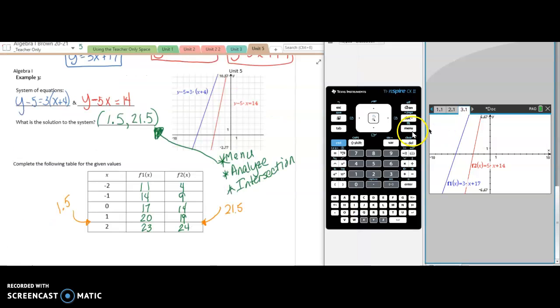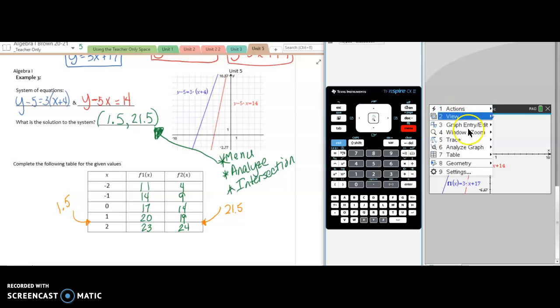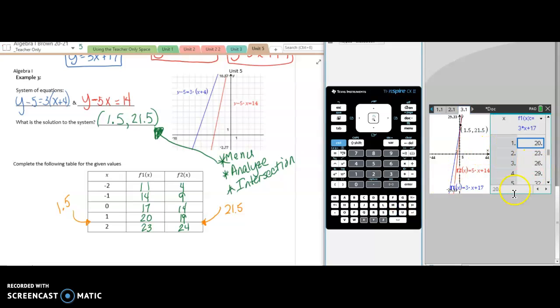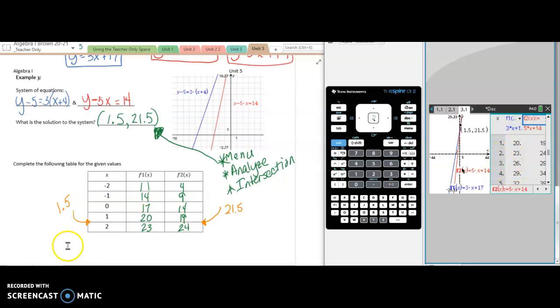Okay, so hopefully on your calculator you did menu, analyze graph, intersection, click, drag until it says intersection and clicked again, where you got 1.5 and 21.5. So on your table, when you did Control-T and you looked for these on the table, it only gives you the x values in increments of 1, okay? And since your solution is at 1.5, you're not going to find those. So it's in